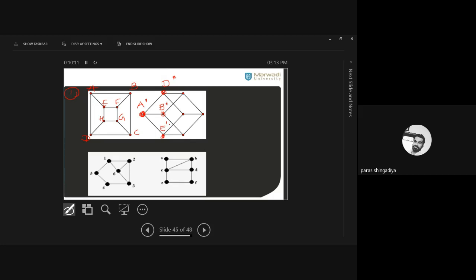So C is adjacent with B also. Okay. C is adjacent with whom? That is adjacent with B. C is connected with B. Okay? So you have to find such place of C whose degree is 3 and it should also be adjacent with B dash. Okay? So which place will be the suitable place of C?